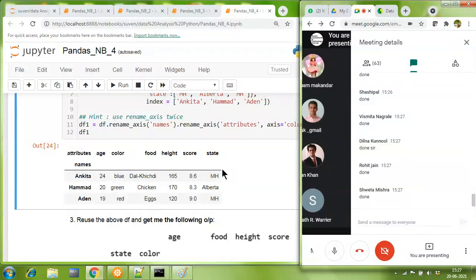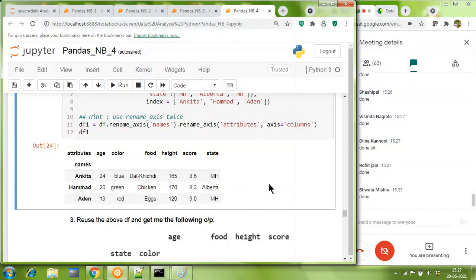Well, friends, that's a majority which is saying that they have done it.